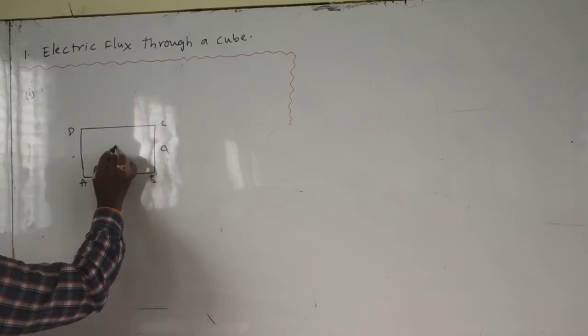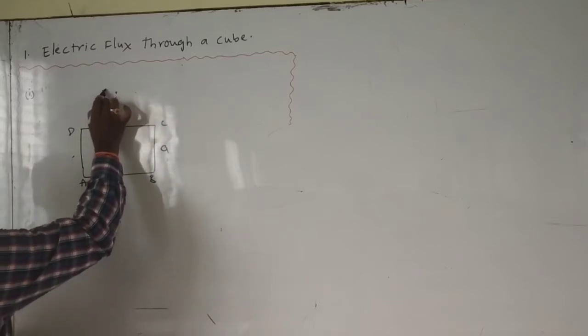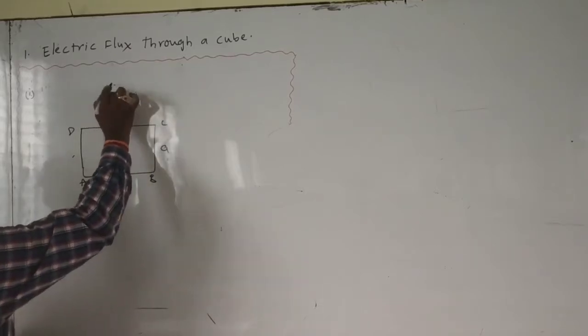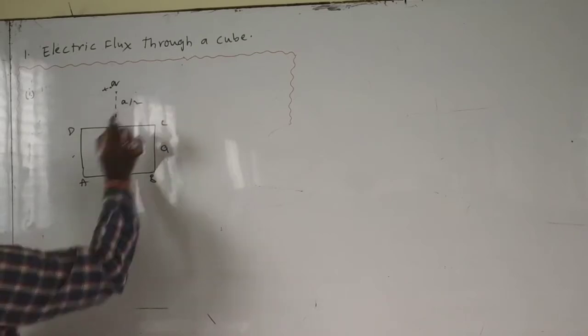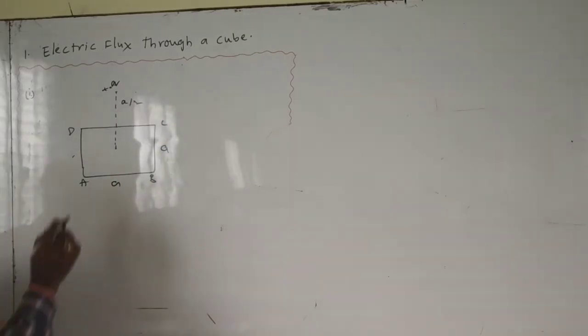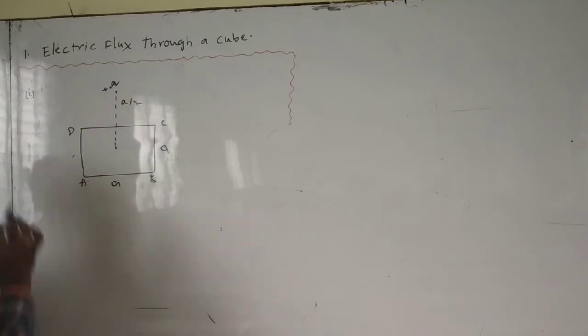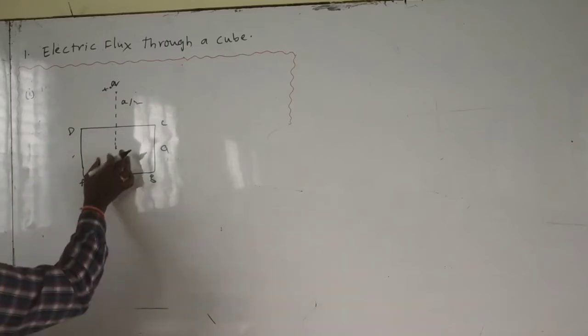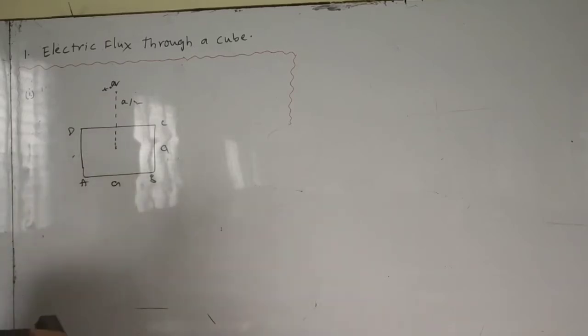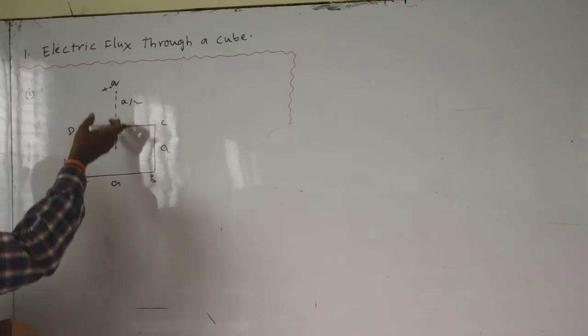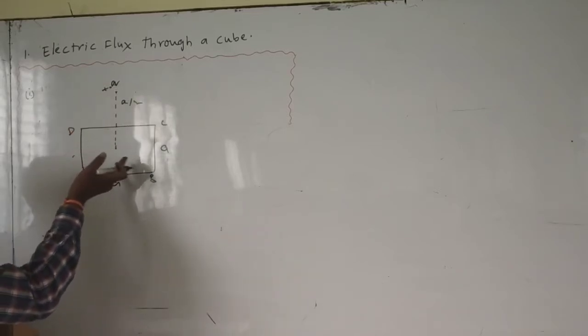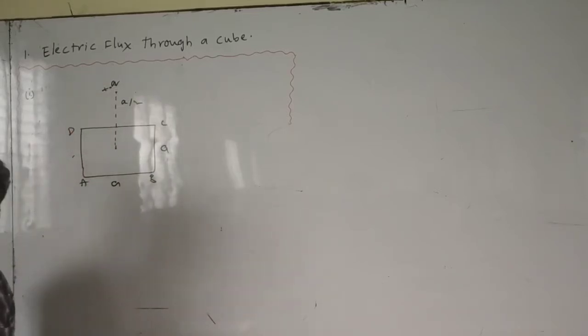So there is a charge plus q placed at a by 2. Then what is the electric flux through this square surface? So we can't tell directly how many lines of force are passing through this, we can't say directly. So in order to